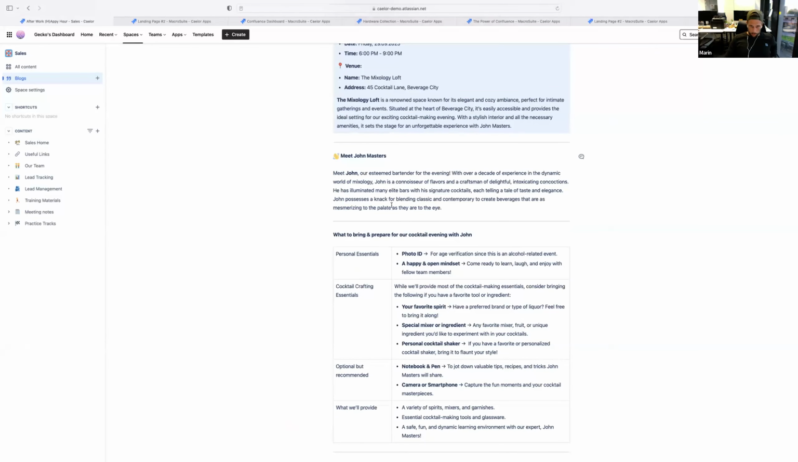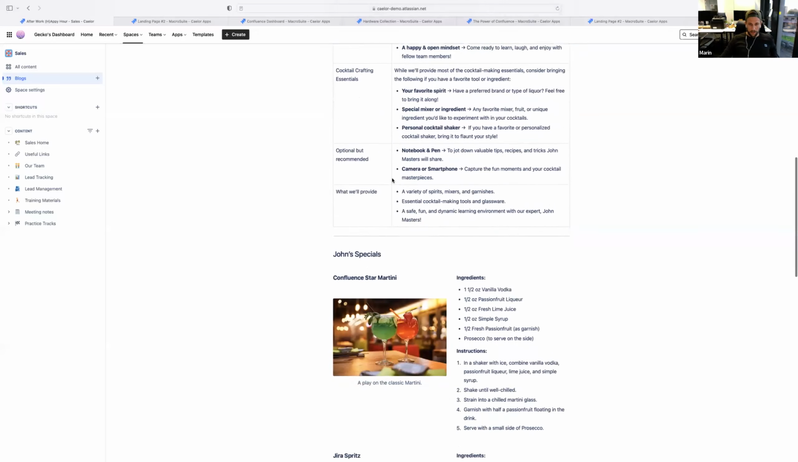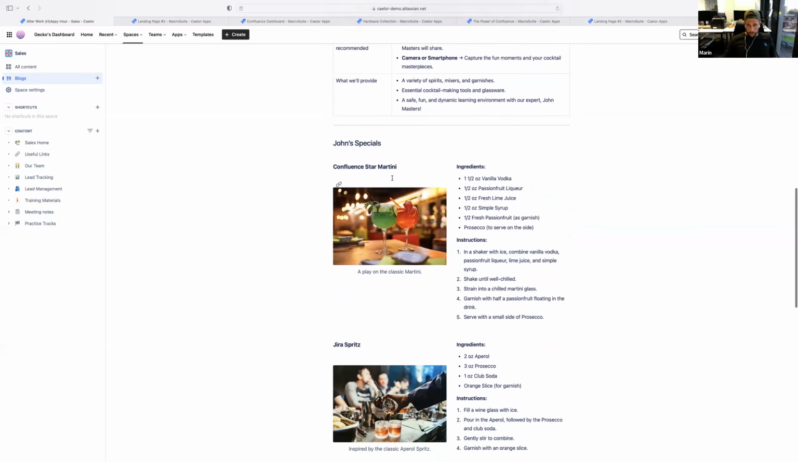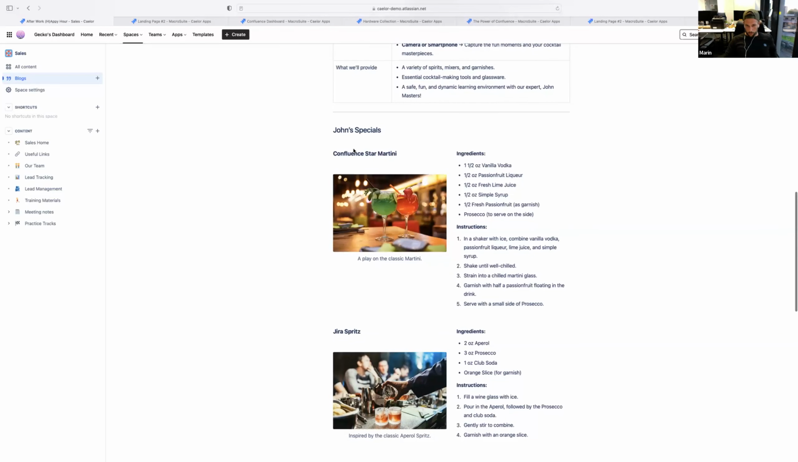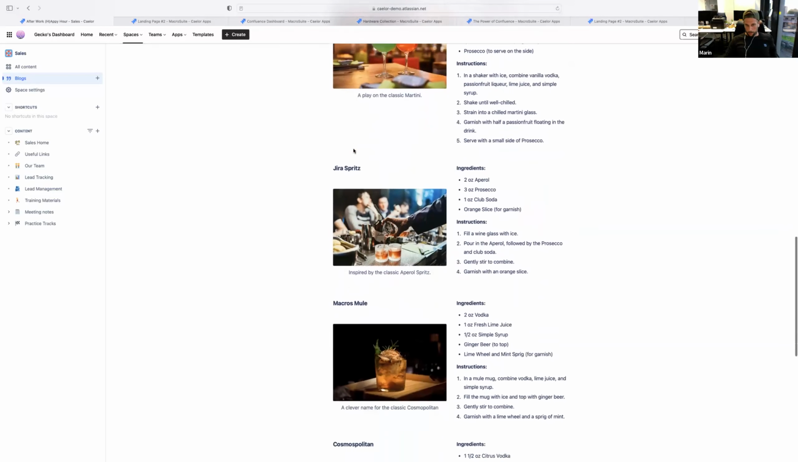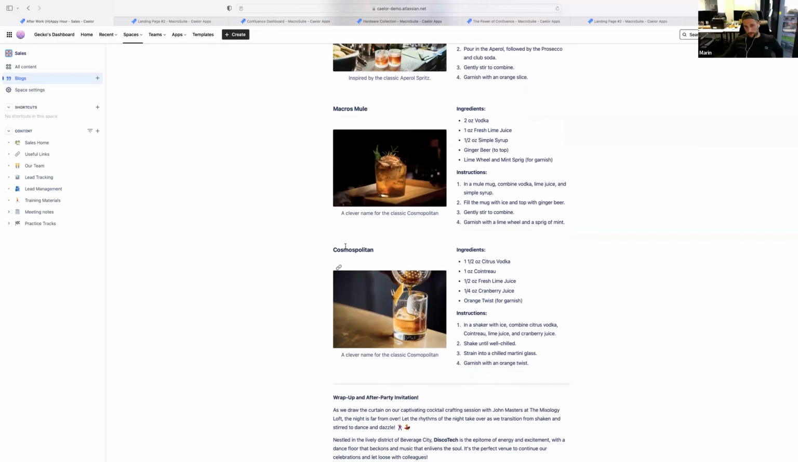We have something about the bartender, called John Masters. We have some information about what to bring and prepare for our cocktail evening. You need to be a minimum of 18 or 19 years old in the US to attend, so if you have some junior developers, they will stay at home. Then some cocktails we are going to present with pictures. It's called John Specials. As you can see, it's a Confluence Martini, Jira Spritz, Macros Mule, and Cosmopolitan,